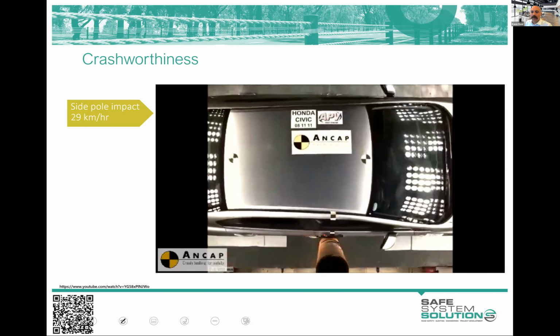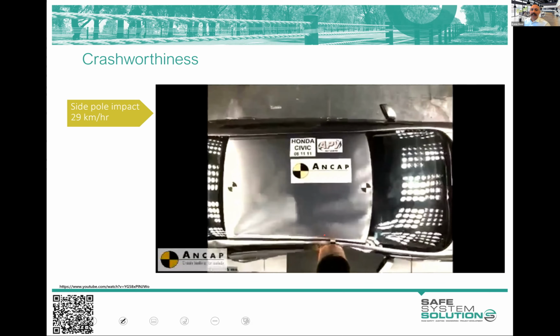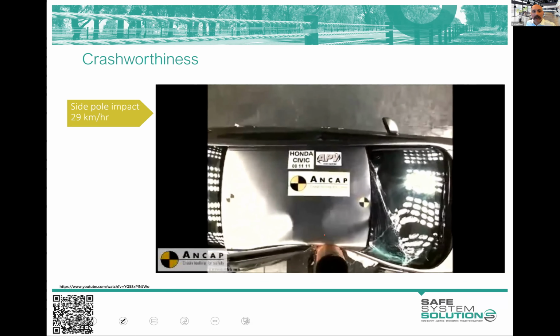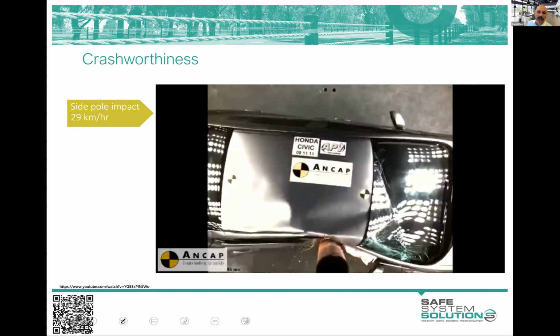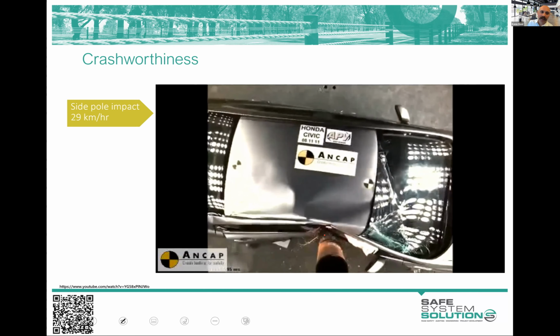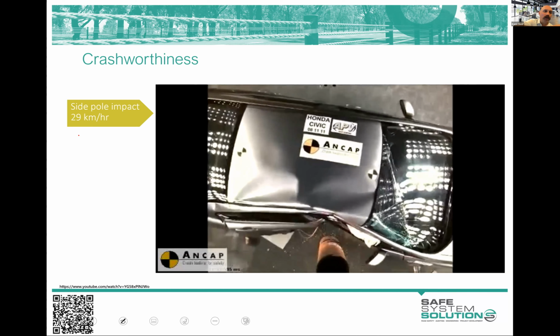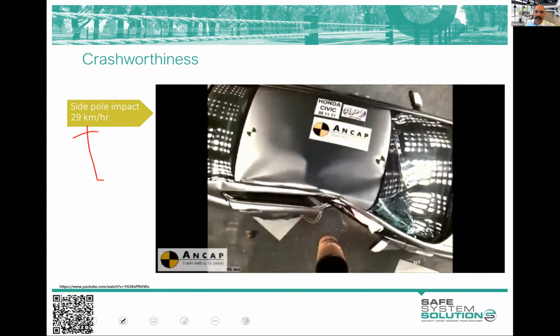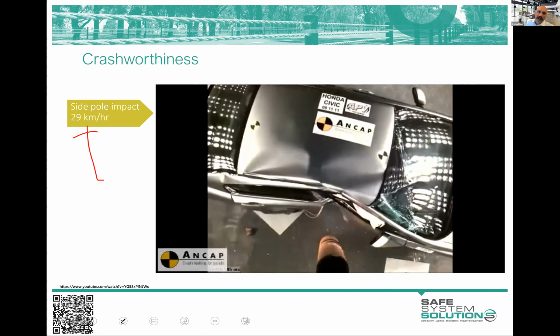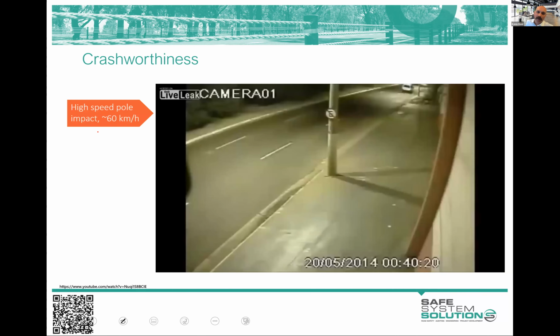And the first thing we've got to remember there is the amazingly low speeds that vehicles are designed to withstand in terms of side impact point source hazards. And this is the old 29 kilometre per hour side impact test. It's now 32 kilometre per hour, but that's amazing. When we see what would be like a predicted 60 kilometre per hour, and this is pretty graphic.